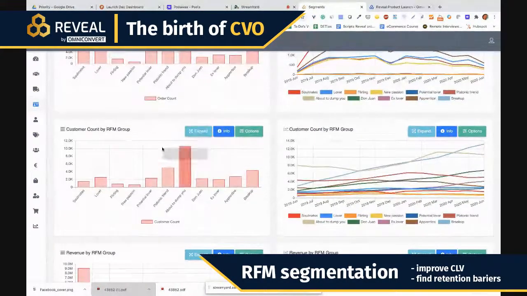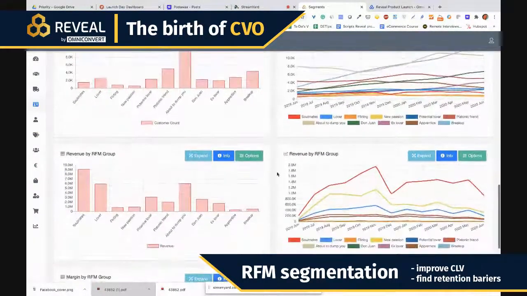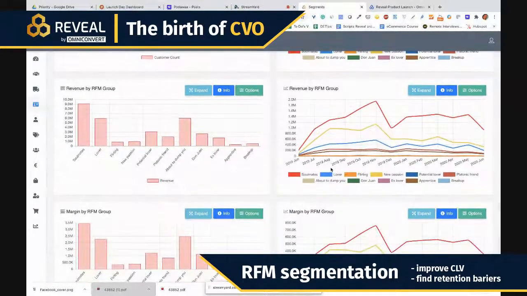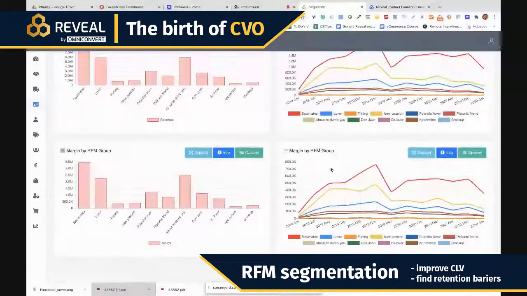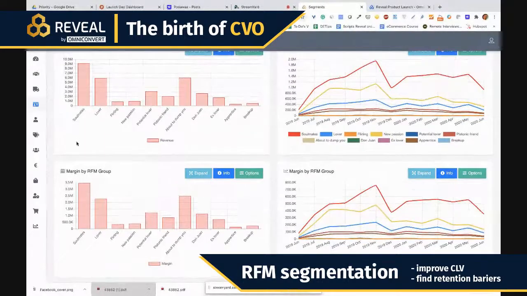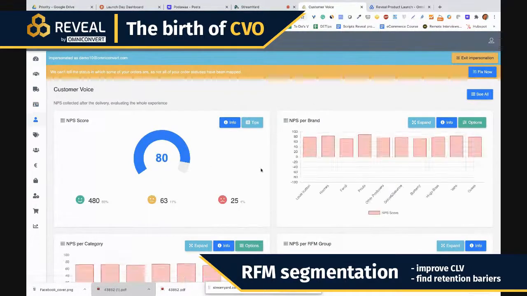Then you'll be able to see the aggregated data, like the customer count according to each RFM group, and the revenue that they've generated in total. But the beauty of this is that not only customer value is important, but also the customer experience. So if you go to the customer voice, you'll be able to see the NPS,